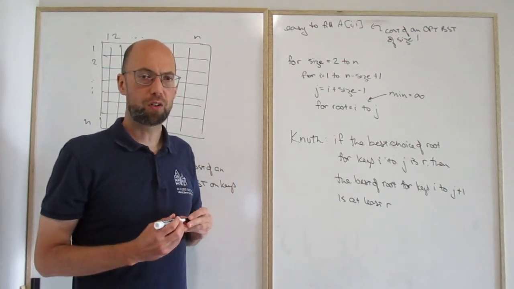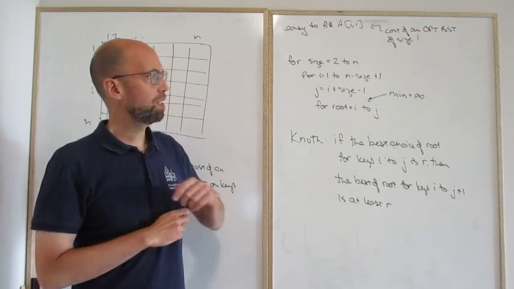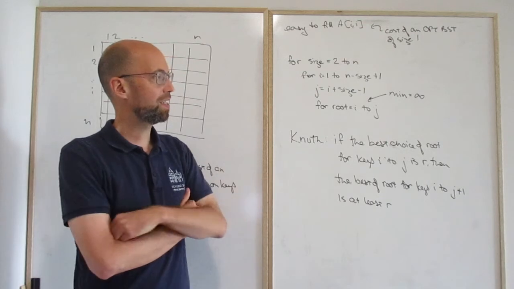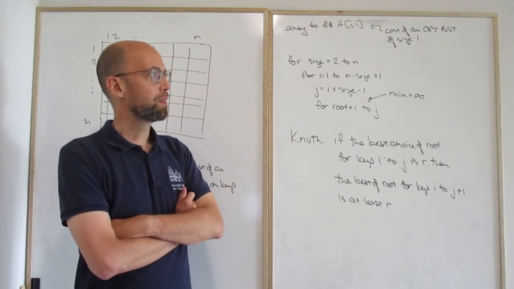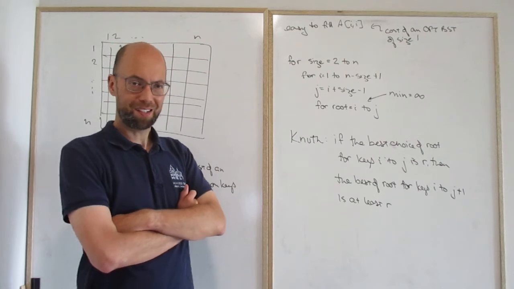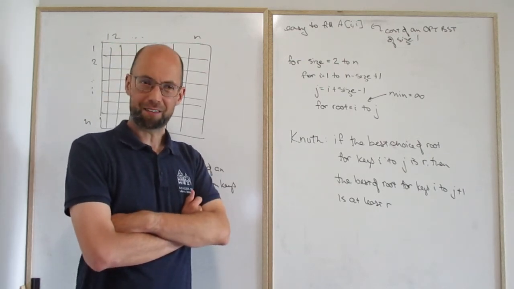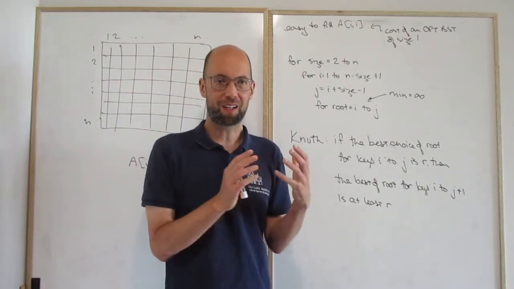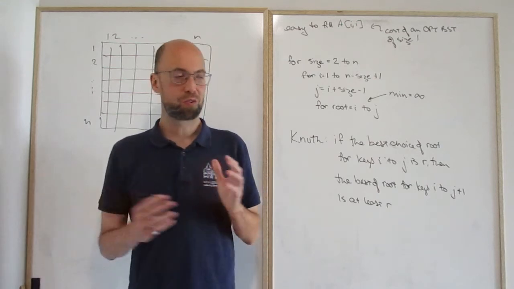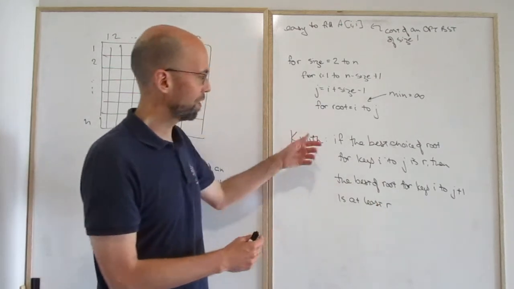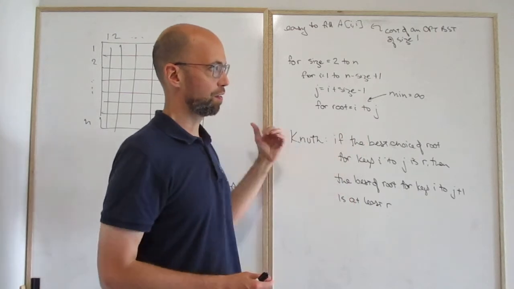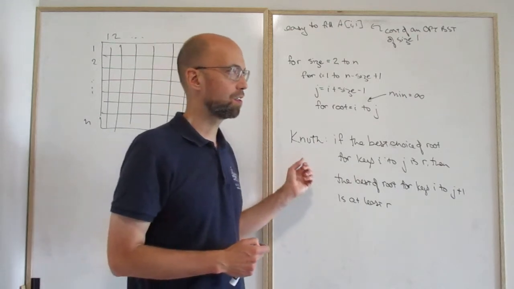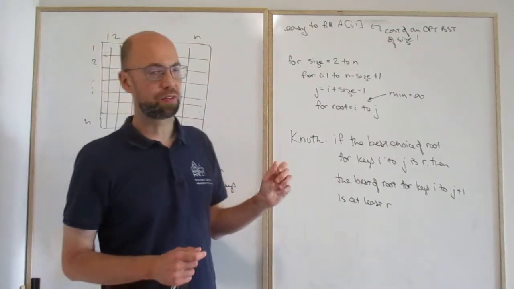Okay? I can't remember the proof of this offhand. But you can believe that, right? It sounds plausible. If you add stuff on the right, then you don't somehow move the root left, since the right subtree is getting bigger. And also, if you add stuff on the left, then the optimal choice of root cannot move right. And so how Knuth uses this to speed things up is he says,